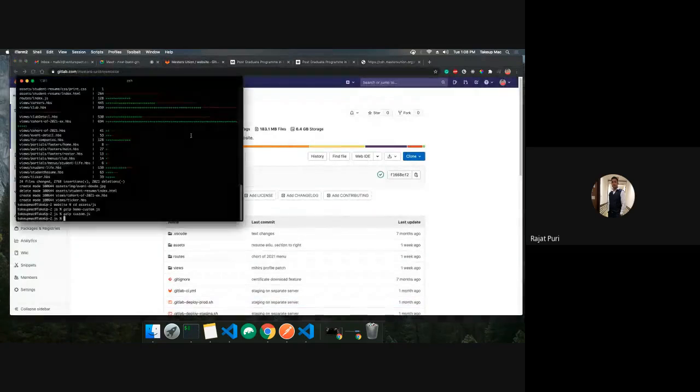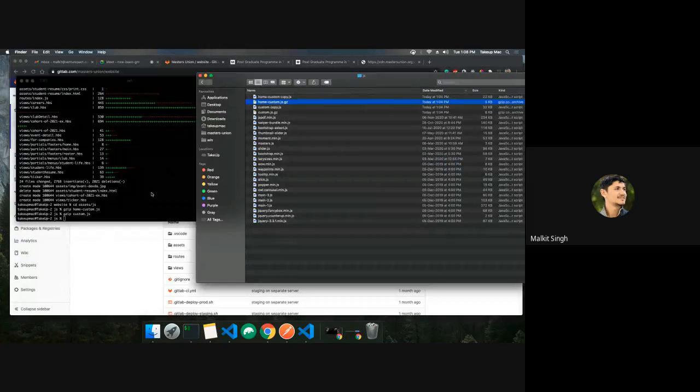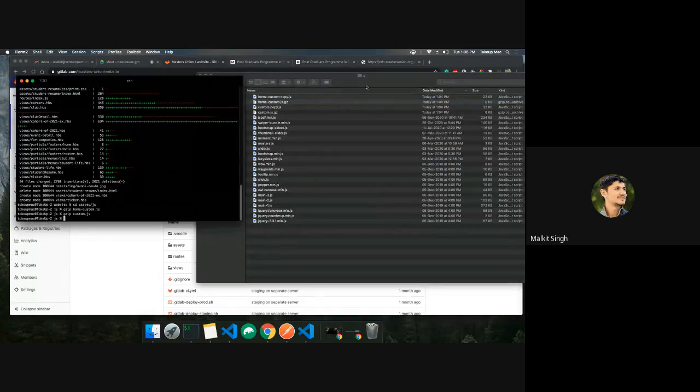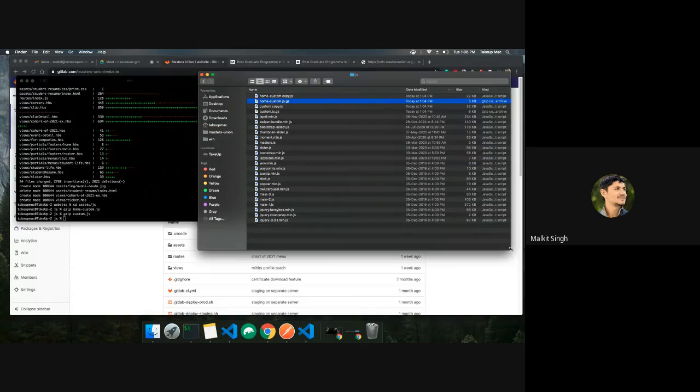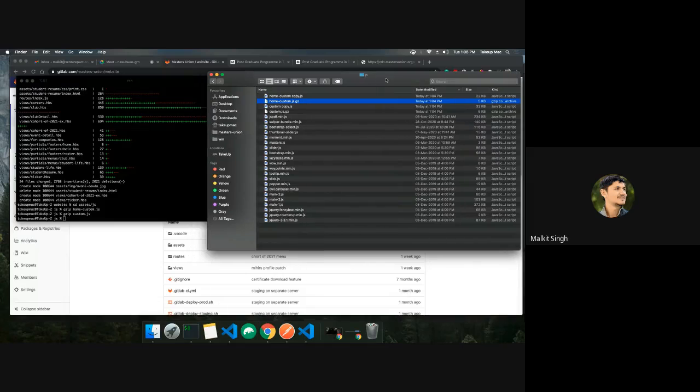Okay, so let's resume from where I left. What I did is I switched to the master branch and then merged the opti branch into the master branch, and then identified the JS files which need to be compressed and gzipped. What I have done so far is made a copy of these files. You can see the copy is there, and the new gzipped versions are also there. Next step is just to remove this gzip extension from the file, because this